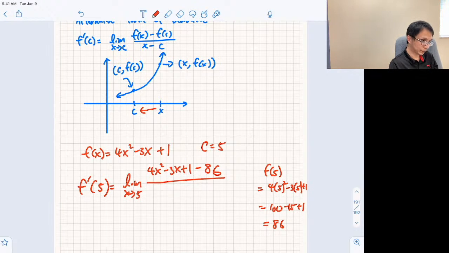Does that make sense? And it's going to be x minus 5. So